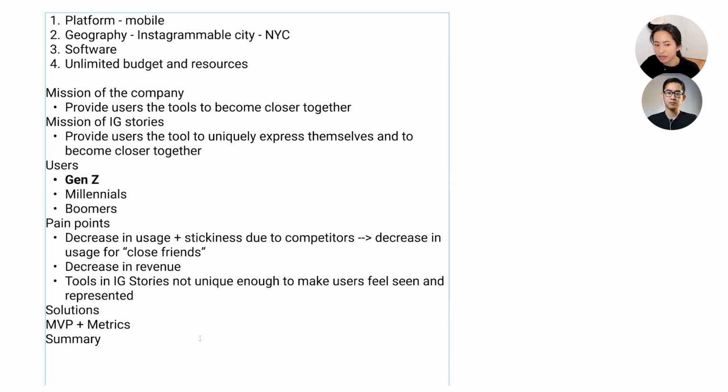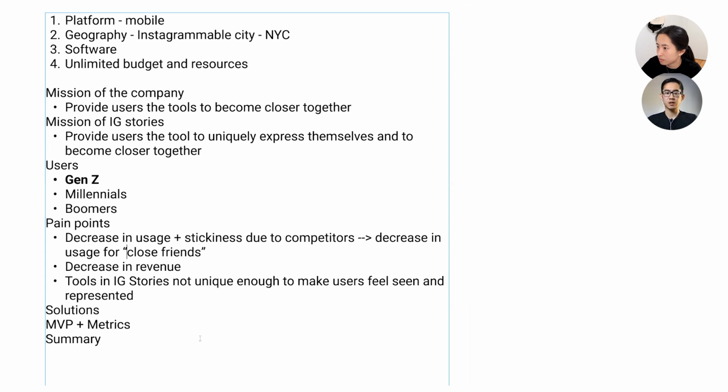Right. Because the majority of our users are Gen Z, I'm assuming that if Gen Z are not spending a lot of time on Instagram stories, and as far as I know, whenever you're viewing a story, you're able to see ads in between as you scroll through people's stories. So because they're not spending time watching Instagram stories, maybe that is affecting the revenue of Instagram.